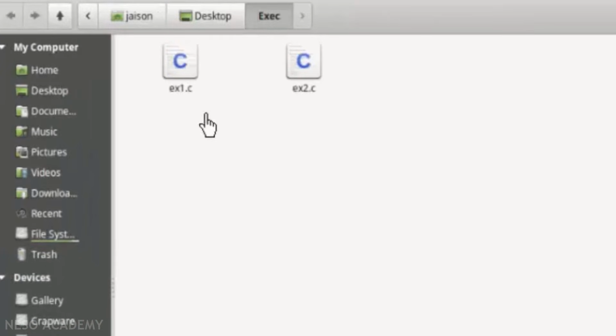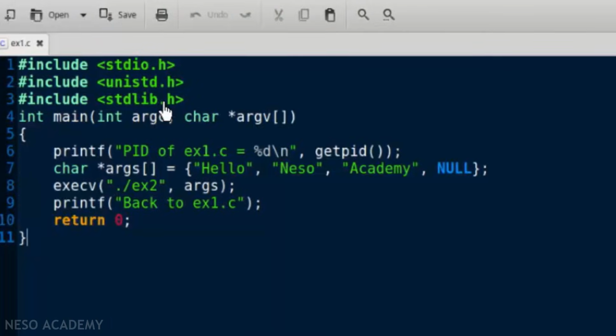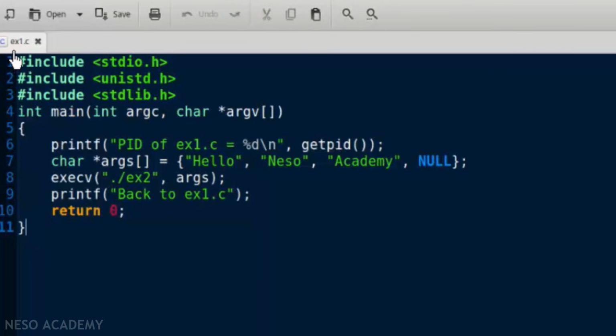So as we enter this folder, we see that I've created 2 C programs, ex1.c and ex2.c. So these are 2 C programs. So let us see what is inside these programs. So inside the first file, which is ex1.c, here I have written a small program where there is a main